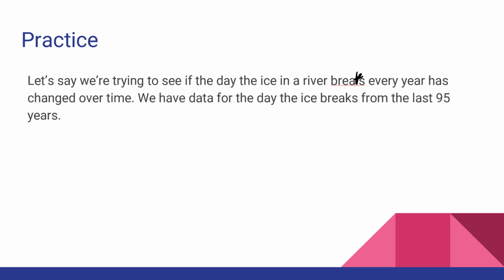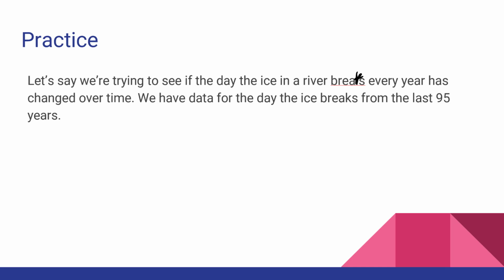So most of the time with these questions, because over the last 95 years is 95 data points, the thing that will usually happen is that they'll just straight up give you the slope, your r-squared value, the y-intercept, and the standard error for the slope. They'll actually tell you what those exact numbers are, but you can't just use those right away to get your t-score and all that, because you still have to show your work, such as your POI, your conditions, and all of that. So you have to pretend like you don't know those numbers up until you get to step